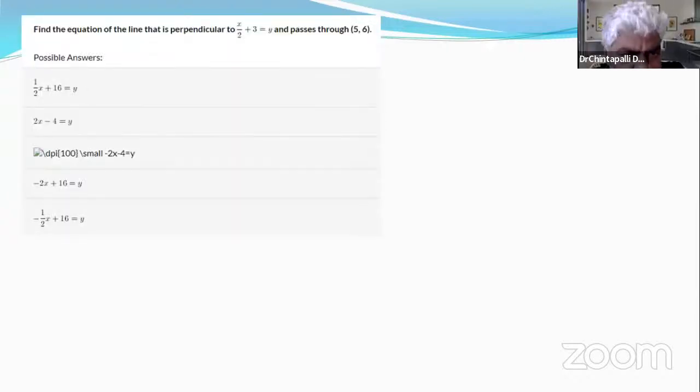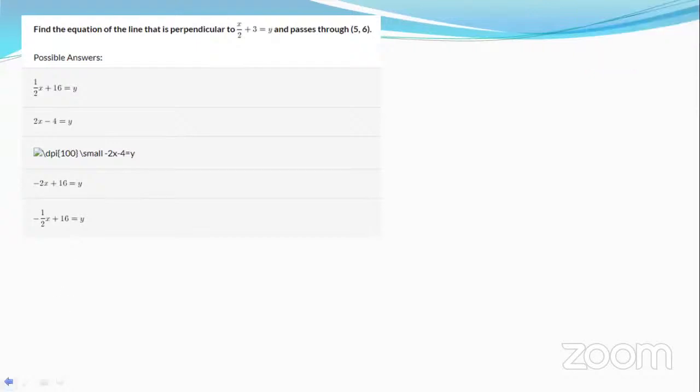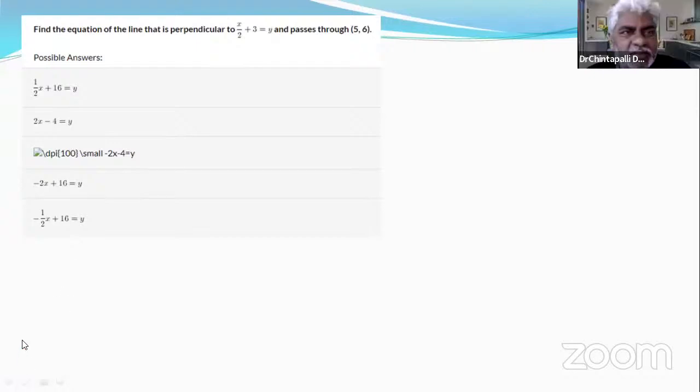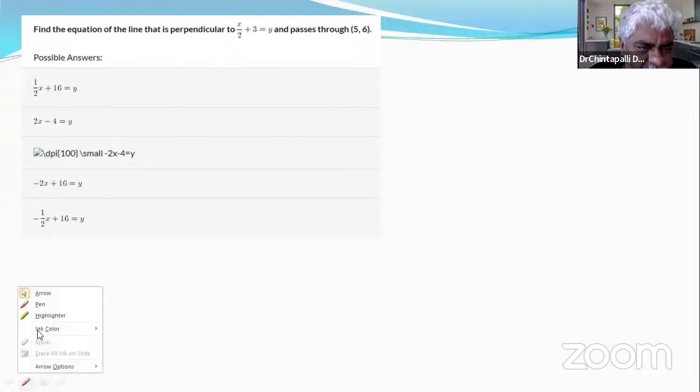See, ignore this part, ignore this word. Find the equation of the line that is perpendicular to x plus 2 by 3 is equal to y, and passing through